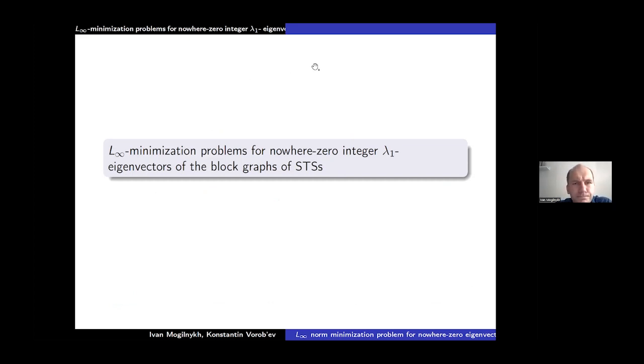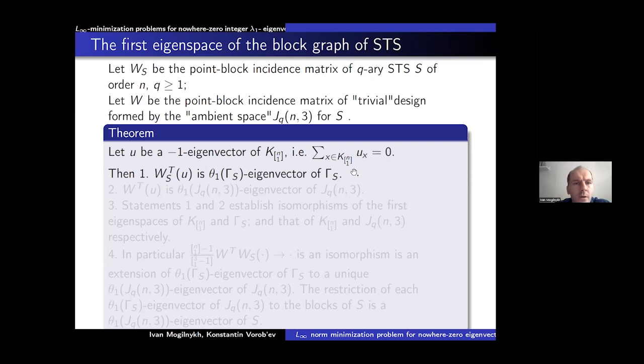So now we look at the problem of minimizing the infinity norm for nowhere zero integer eigenvectors of the block graphs of Steiner triple systems for the first eigenvalue. More details. We have the following theorem that actually says more about the relation between the first eigenspaces of the block graph and that of